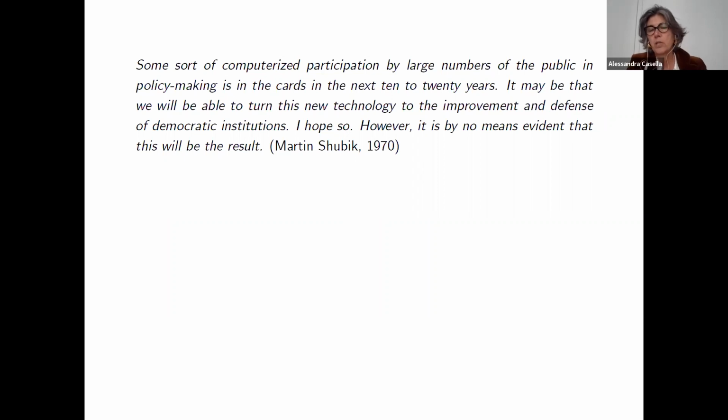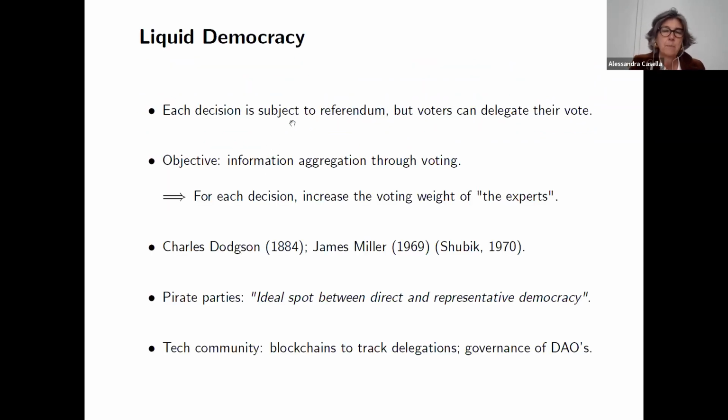So this is really the question, whether the tech community is designing rules of political engagement, of decision-making, that may improve democracy. And this is very much in the air. So I can hardly believe it, but in the last week, I received 3 different messages from people who were asking me about liquid democracy. And they didn't even know that I was going to give a talk about it now. So it's really something we should be thinking about.